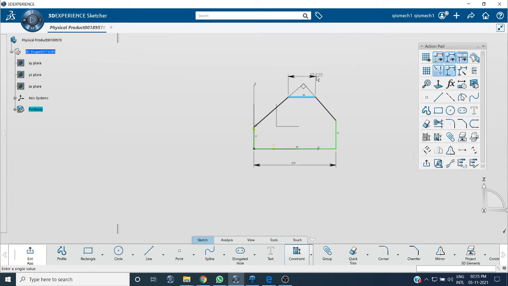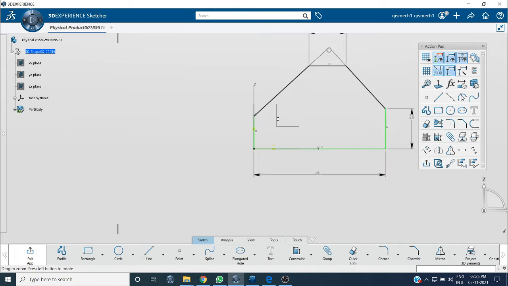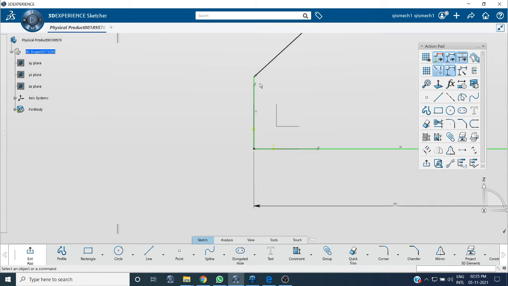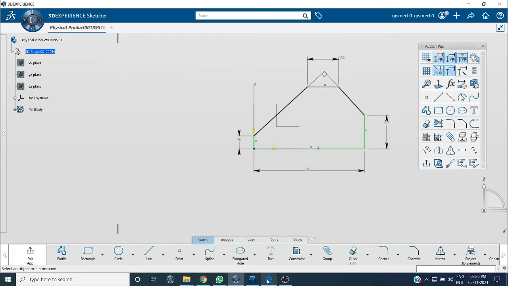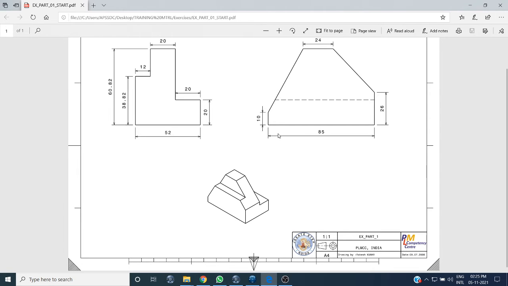This is 24, this is 26, this is my 10. As you can see in this picture there is no dimension given, so you can